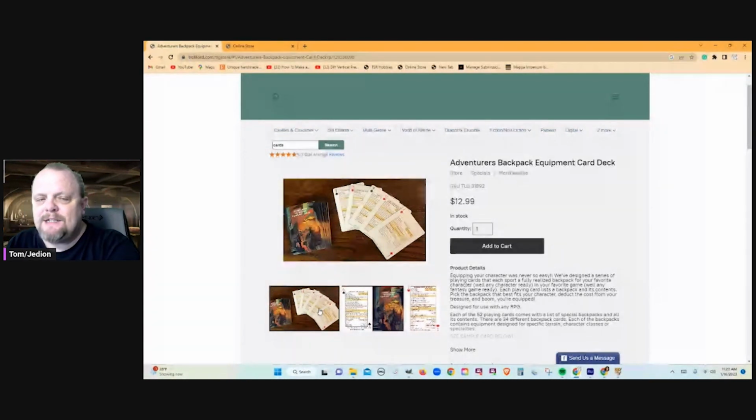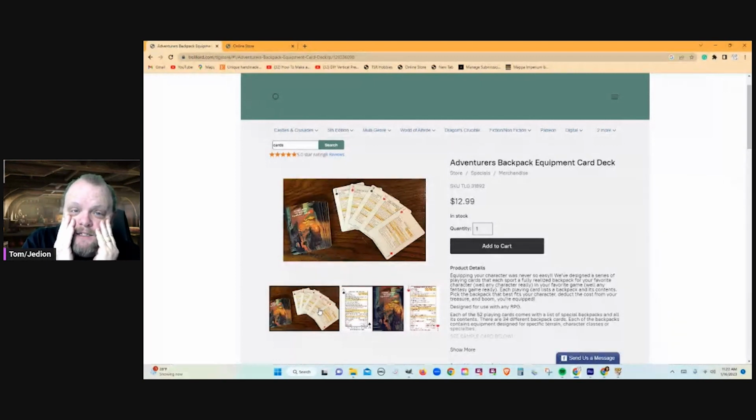And then we're not wasting time with 45 minutes of figuring out, do I want flint and steel? Do I want iron spikes? And trying to maximize your purchases from the equipment list. Oh, I got to make sure I get the most bang for my gold that I can get. And so you end up with this agonizing time suck at character creation. So I really think these help with that. But not only that,